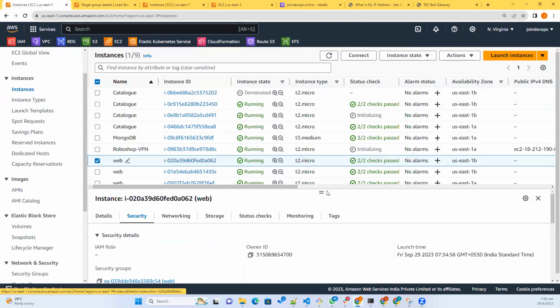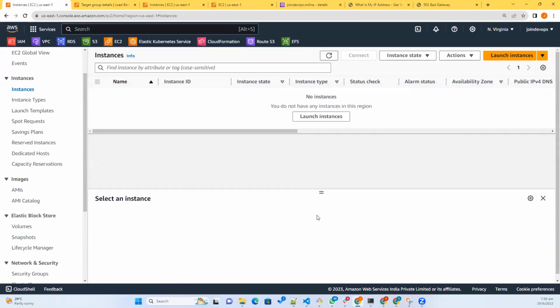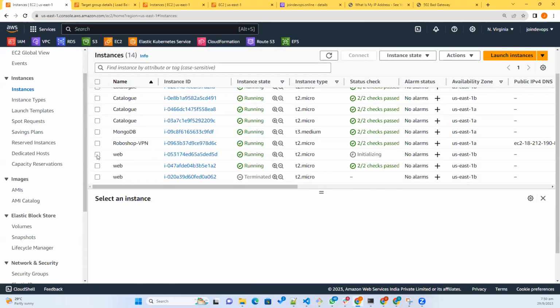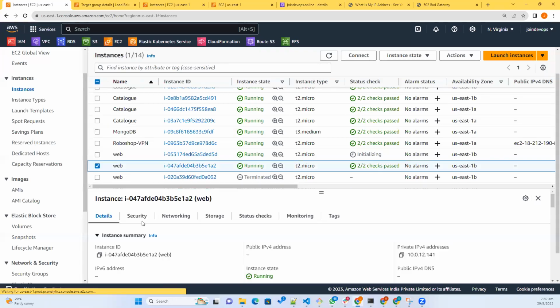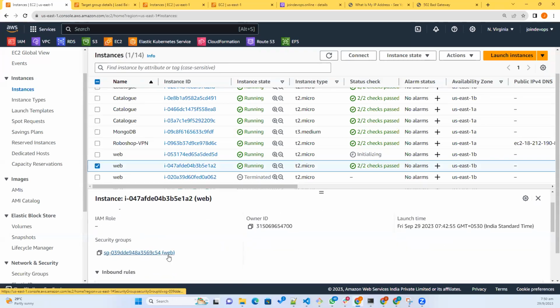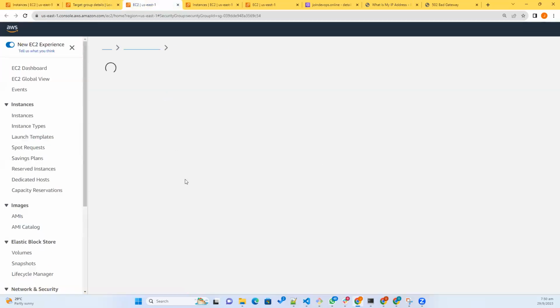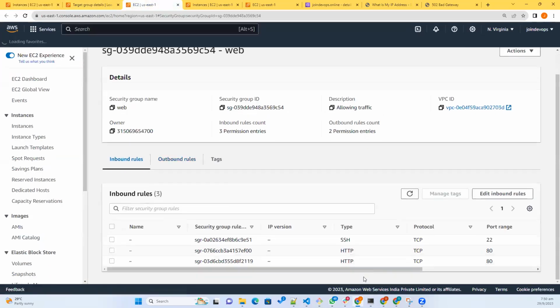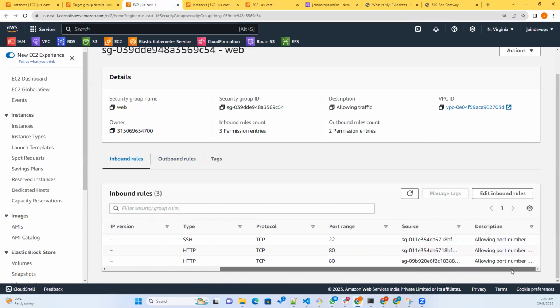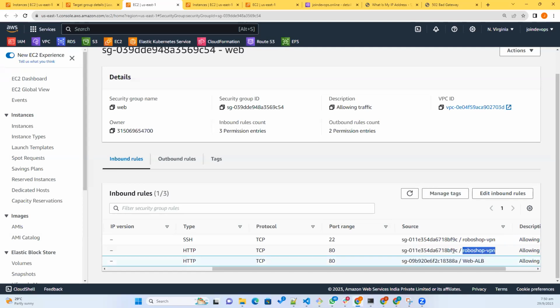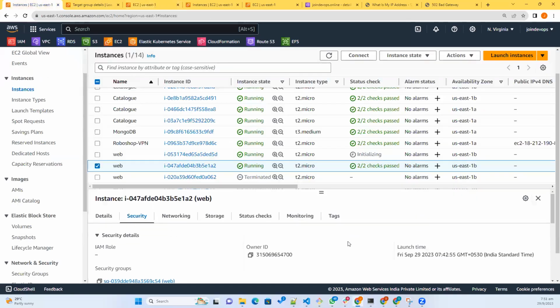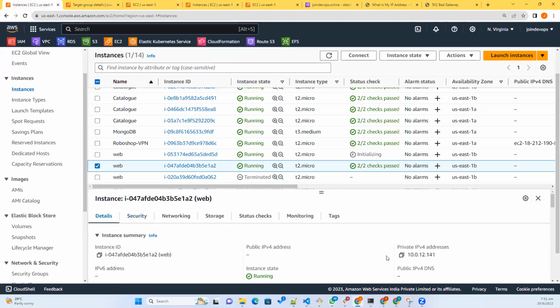Our web instance, something is wrong here. Should allow from web ALB and RoboShop VPN, this one, port number 22. So what I do here,